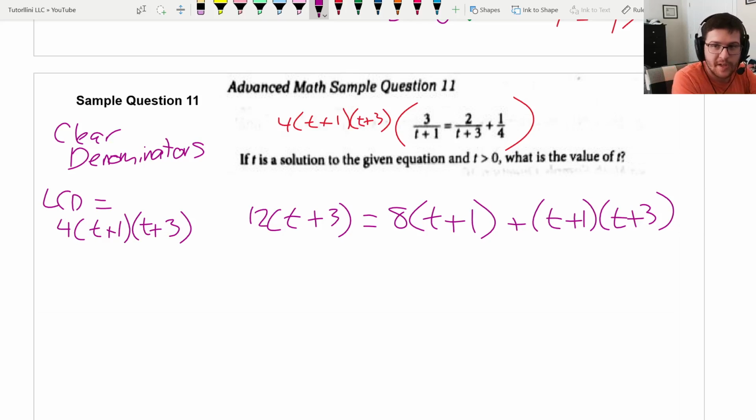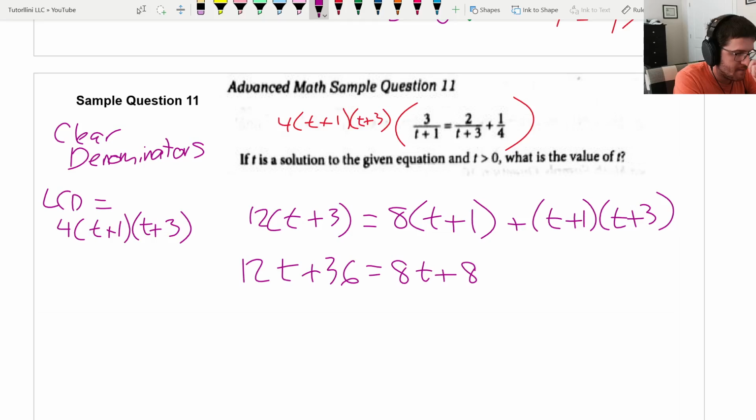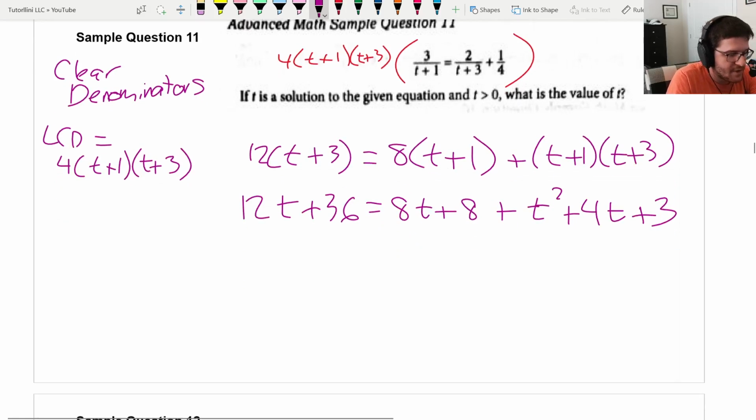Okay, so we got to start distributing and all that mess. So we get 12t plus 36 equals 8t plus 8 plus, if you FOIL that guy, you should get t squared plus 1t plus 3t, so that's plus 4t, and then 3 times 1 is 3. Okay, now we get everything to one side and combine like terms, so t squared, and we got to start putting it like a quadratic, plus 12t, 8t plus 4t is 12t, 8 plus 3 is 11,